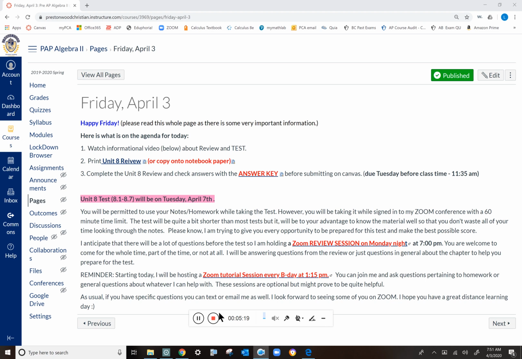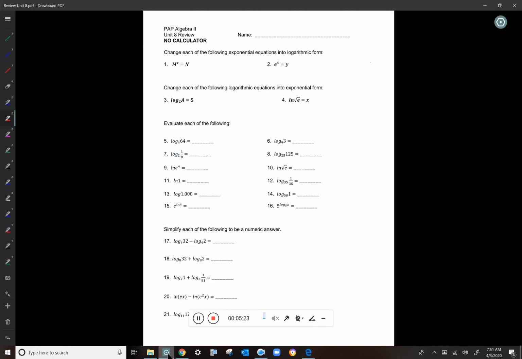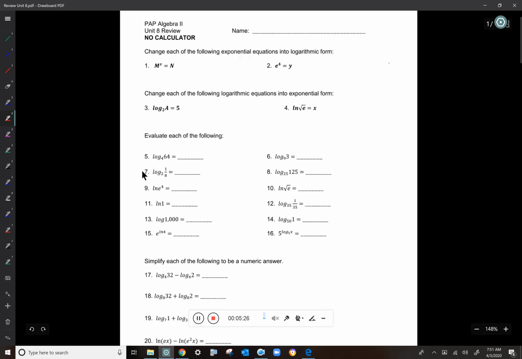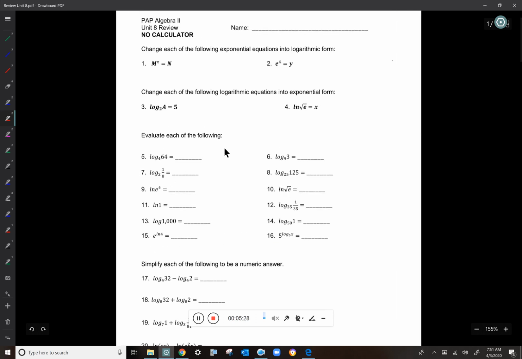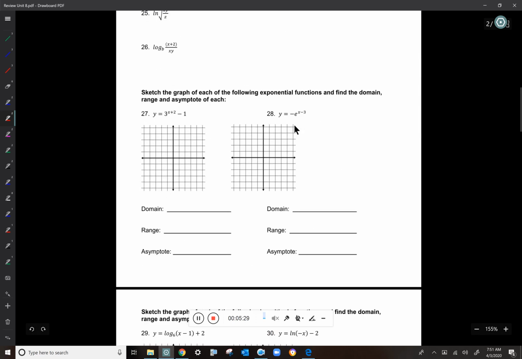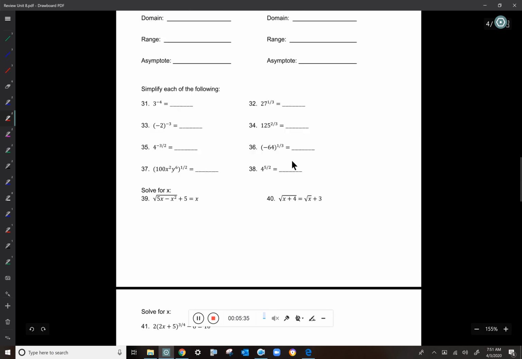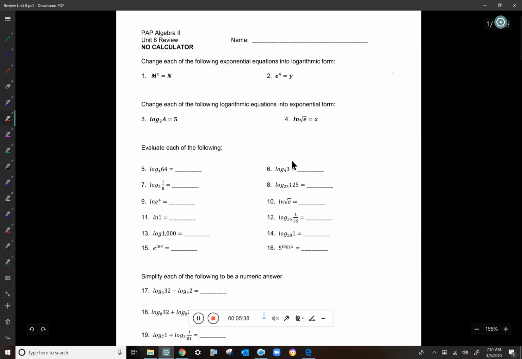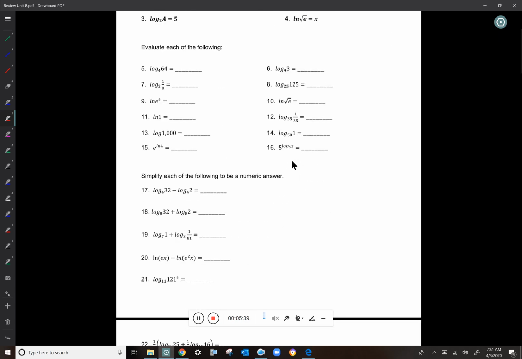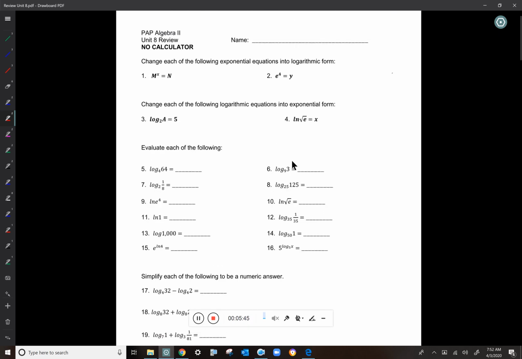So anyway, let me just give you one more little piece of information. I want to show you the review and give you an idea of just how long this test is going to be. This review, it looks really long. I know it does. It's lots of pages. It has 58 questions. Oh, that's terrible, right? But what you need to picture in that 58 questions is that in the first page, you have 20 of them. So 40% of what's here, or a third of what's here, is all on the first page. And these questions should take seconds to do.